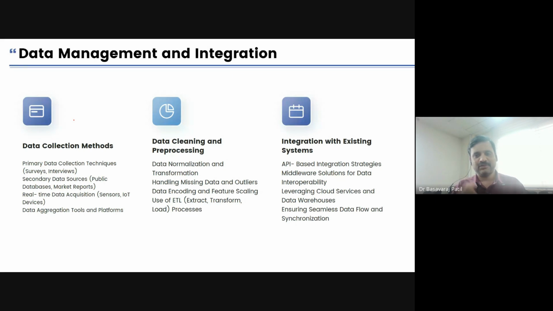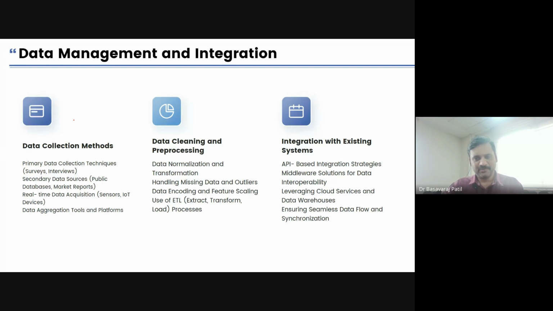If you miss even one parameter, it is very difficult for us to get the analysis with 100% accuracy. Once the data is collected, we have to clean it and pre-process it using normalization techniques, training techniques, encoding, decoding, whatever processes are required based on the application. For example, if I'm building an application like WhatsApp, I need only the data required for that. The other parameters I'll ignore. I don't bother about other data which is not relevant to designing my application.